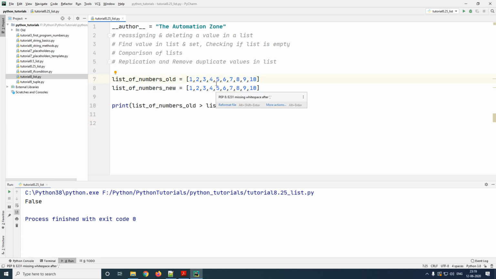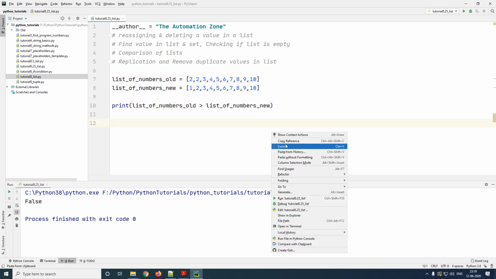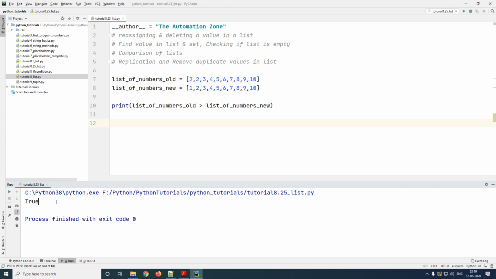Now just for example, I'm giving the index 0 of my old list is 2 and the index 0 of my new list has 1. Therefore the old list is greater than the new list. If I run it, you shall see the output is true. If the first values were equal, it will then go and check the index 1 of both of my list and so on and so forth. So Python is not going to go ahead and add all the values of the list and all. It is just going to check each index by index of both of the list.